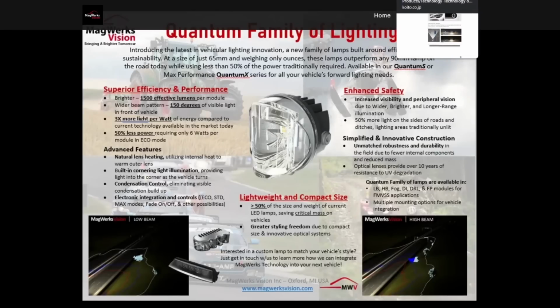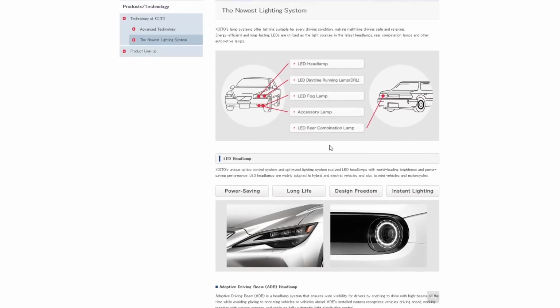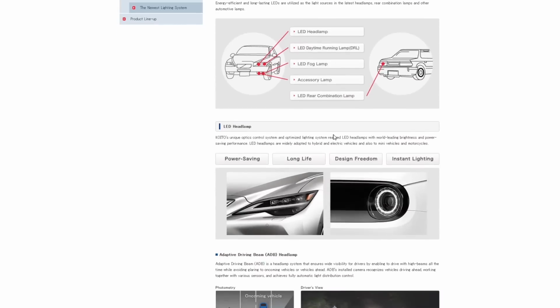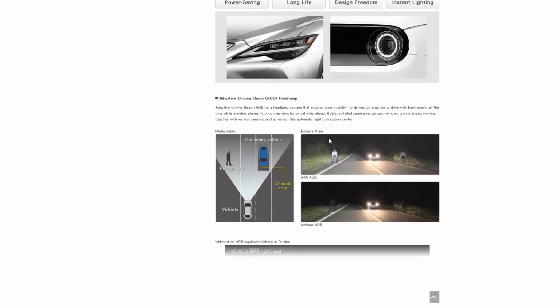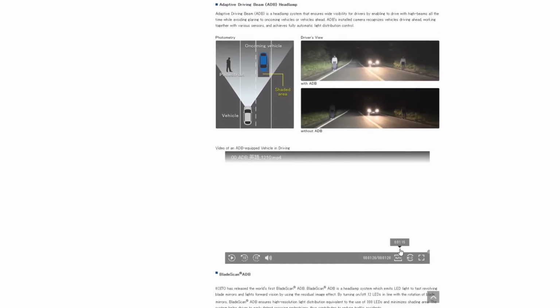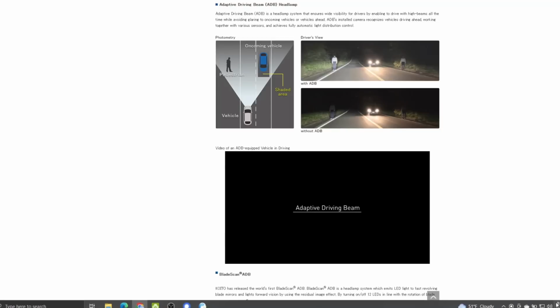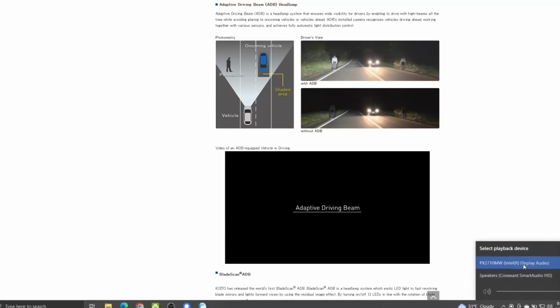And so this ADB thing is really interesting. Koito is a Japanese company that does LED lighting. They are actually the number one company for LED lighting, and they have a little video here describing what ADB is, which I found extremely interesting, so I think we'd watch it together. Okay, hold on one second. I'm gonna make sure that this goes into the...